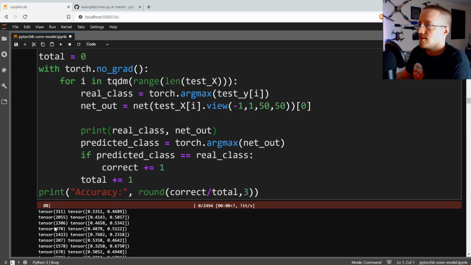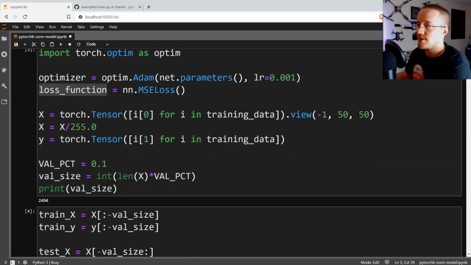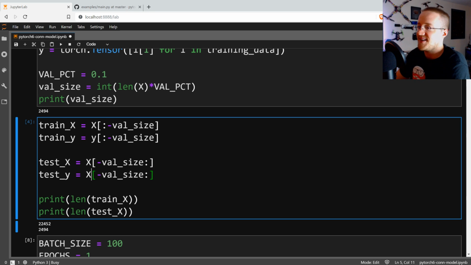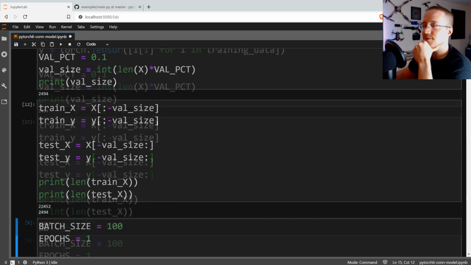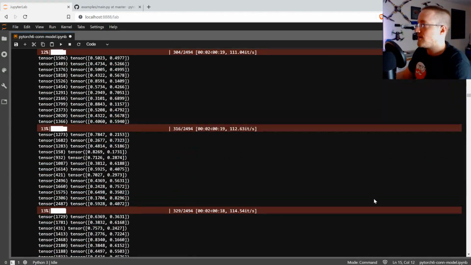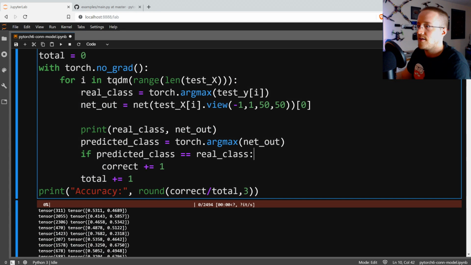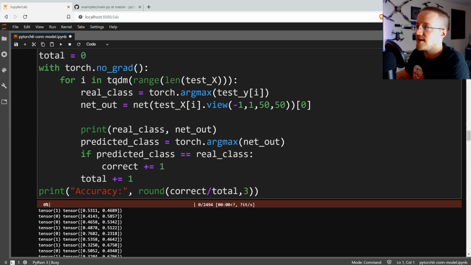What? So test_Y, we must have typoed. Oh dear. Can I get away with this, I wonder? Test_Y. Train_Y was correct. We would have hit an error anyway. Test_Y. I think we should be able to get away with just redefining that, come down. What is this? Disgusting. What am I looking at there? Oh, because of this. Okay, well, we still have to kind of do that. Okay, so now